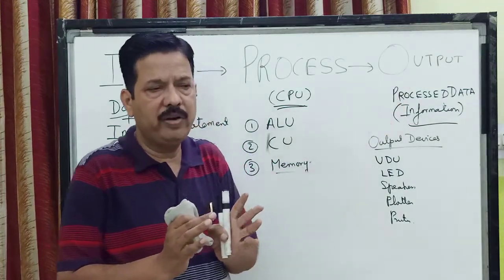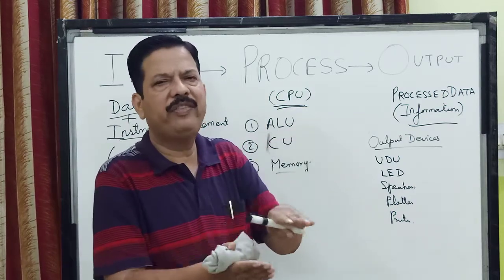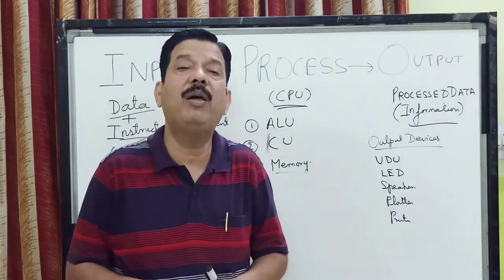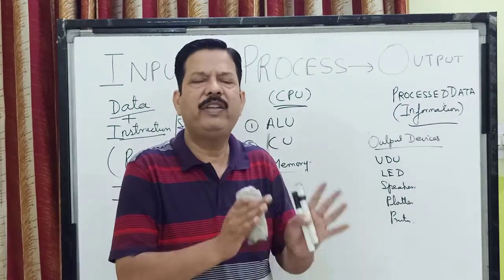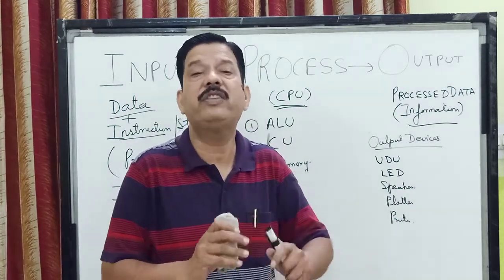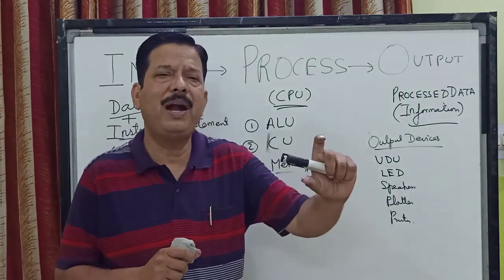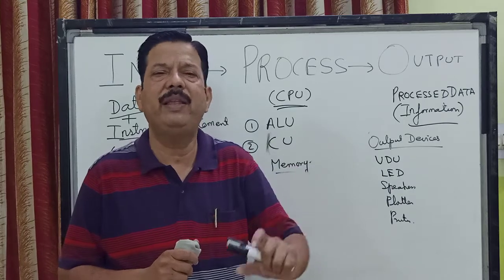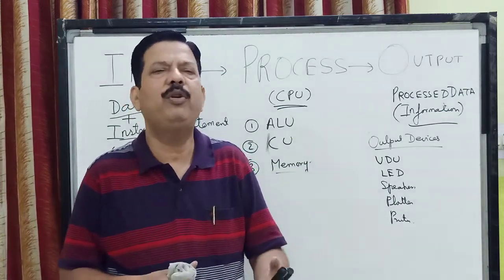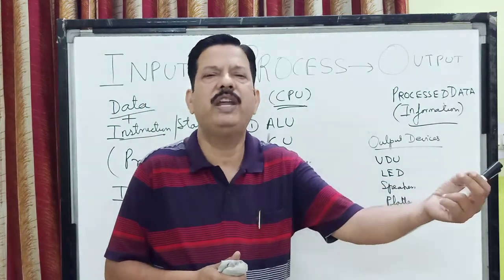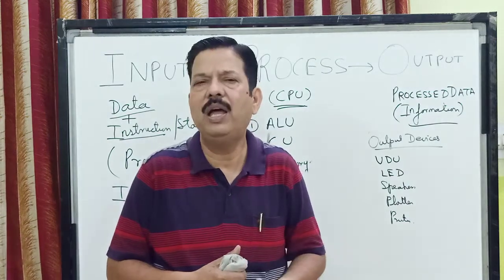So what we do children, we divide a program into input, then process and then output. This is called problem analysis. Problem analysis means we analyze our program, we see what are the things which are asked in the program, then we divide this program into input part, then processing part, and then the output. So if we divide them, children, we definitely know that the input part is going to come first, we do the input part of the program, and then we do the processing, and finally we do the output.